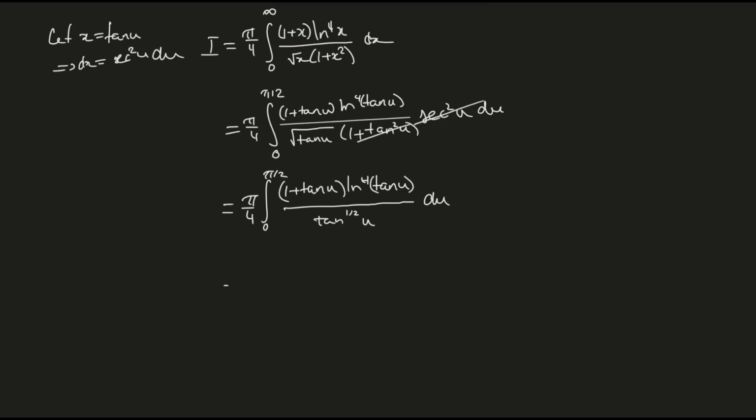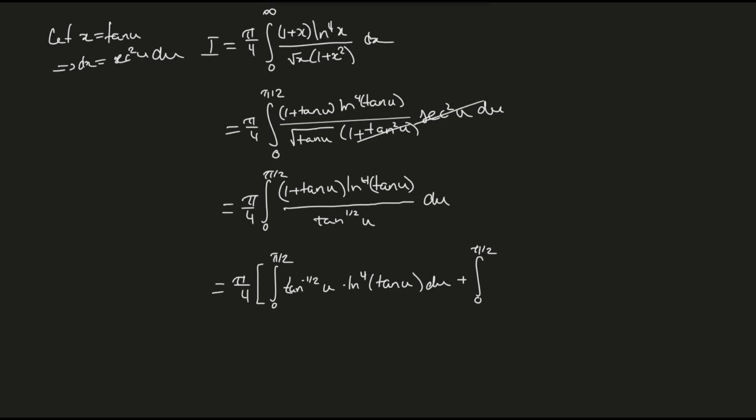Now, the last thing I want to do before invoking the beta function is splitting this integral into 2. So pi by 4 all the way factored outside. We have the integral from 0 to pi by 2, and taking only the 1 now, so natural log to the 4th, and tangent to the 1/2 in the denominator is really just tangent to the negative 1/2. Hopefully you can see that. Times natural log to the 4th power of tangent of u du plus, and now we have the second part,